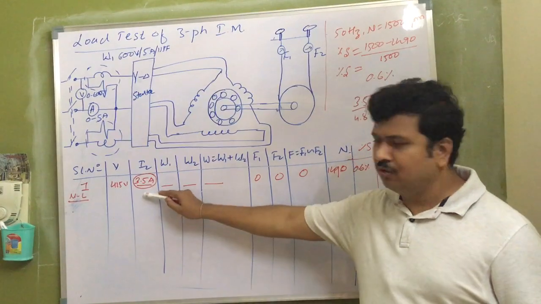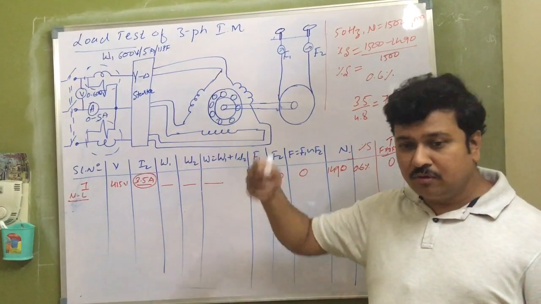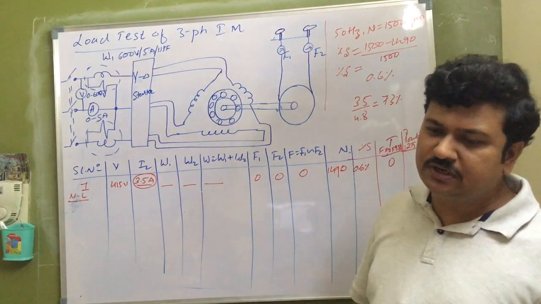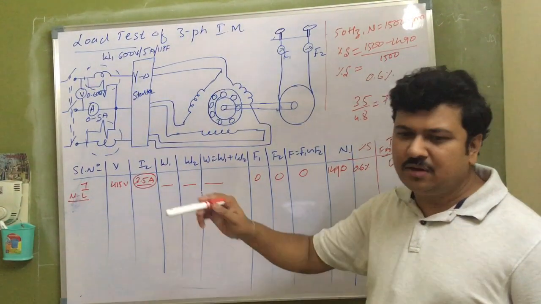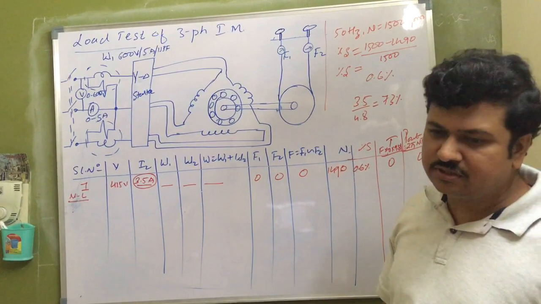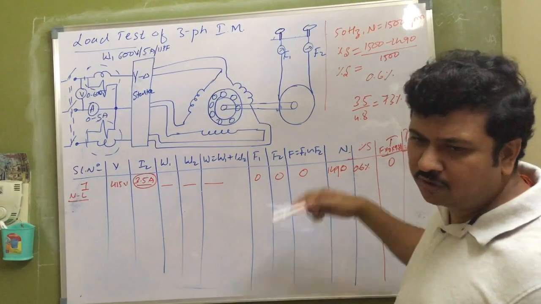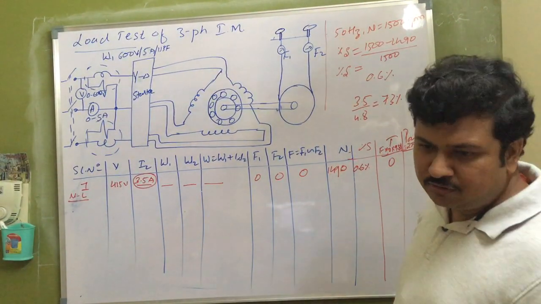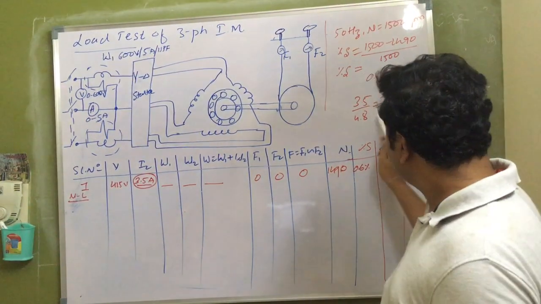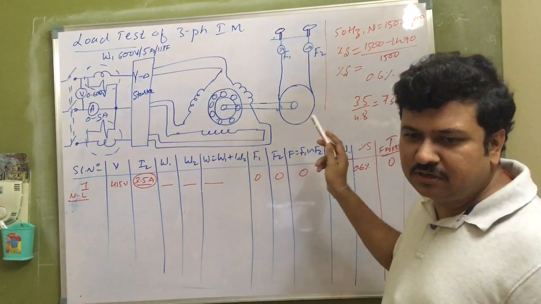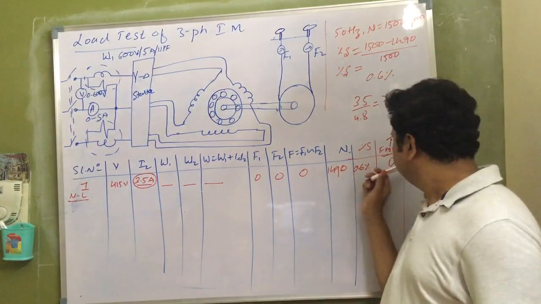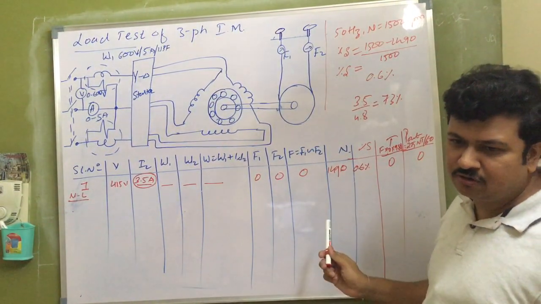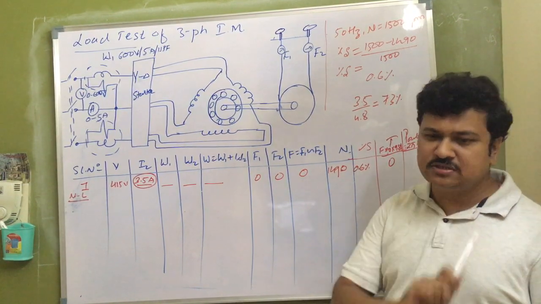This is the reason why the no load current of an induction motor is more than 50% of its full load current. And that doesn't mean the motor is loaded at that percentage of load condition. Here it is 73%, 72.916 I get. It doesn't mean that the motor is loaded with 73% of its full load value, because output is 0. My output is 0.